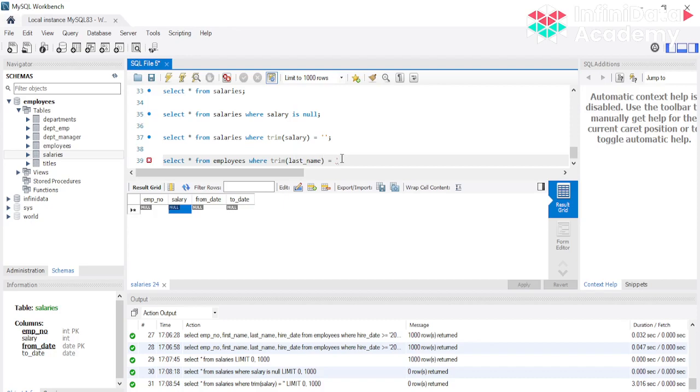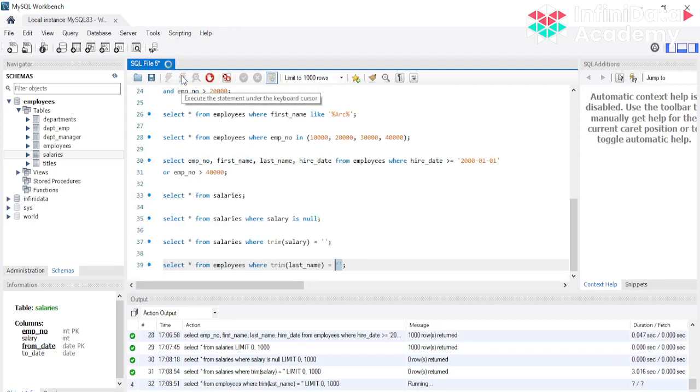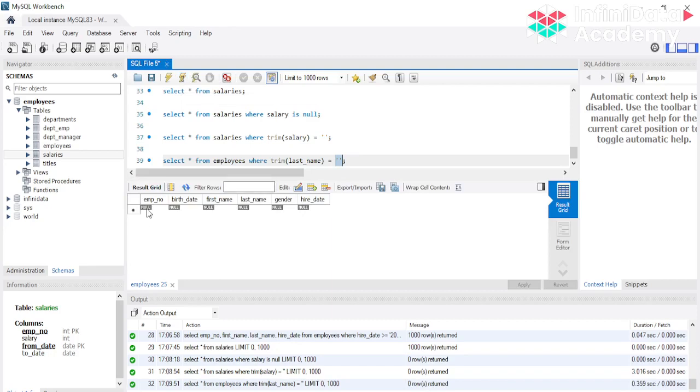So उन सारे space को any extra spaces will be removed, will be trimmed, and उसकी जगह it is just going to check if it's just simple blank value or not. So employee table में भी there is no such row जिसमें last name is blank.